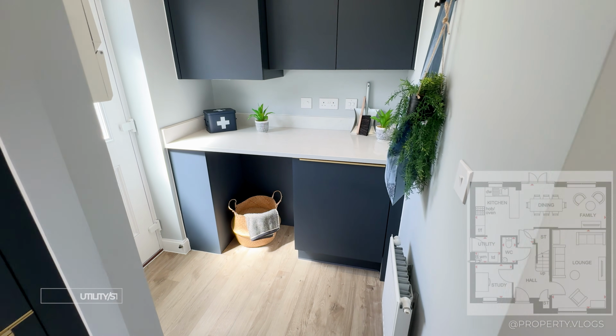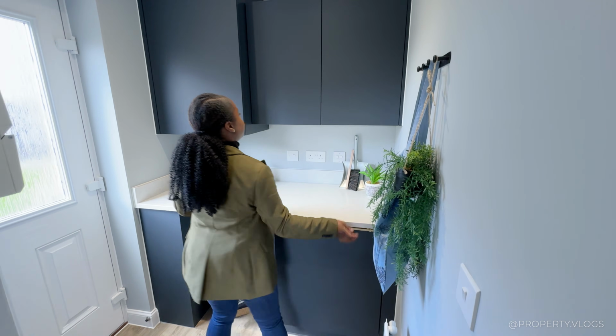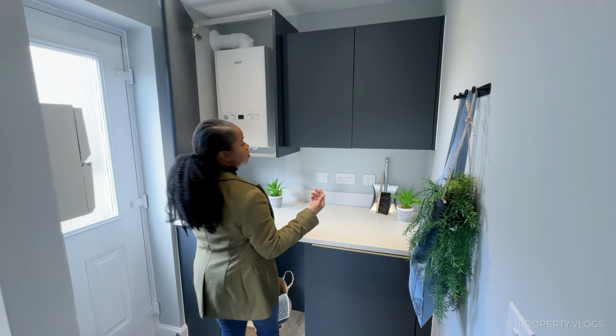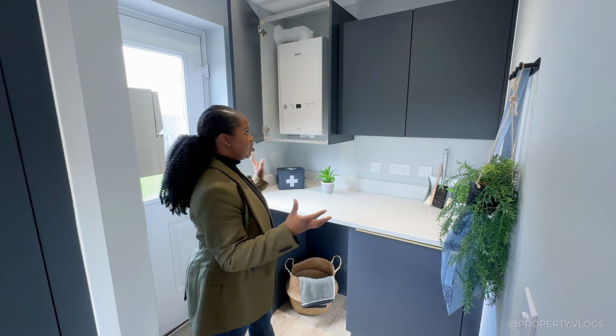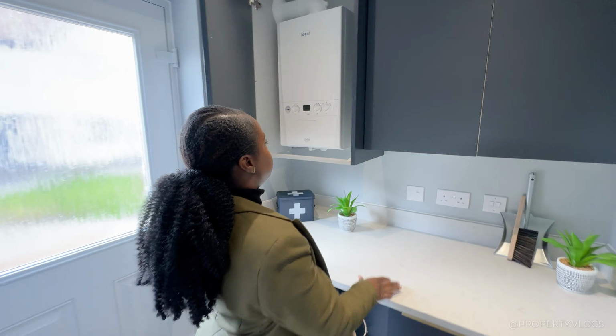So you'd open the door and come into your utility. And then you've got here an integrated appliance by AEG. And then you've got storage above. And it's the same quality finish that we saw in the kitchen. Sometimes utilities are done as like back of house, like a last minute space, not really considered, but not in this case at all. You've got the boiler, a Logic Combi